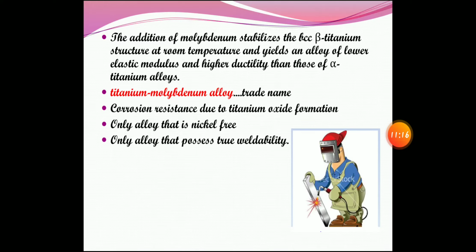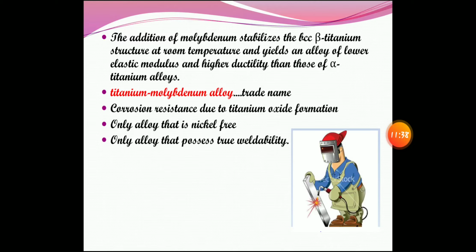So if it has higher ductility, it can be drawn to thin wires. It is used to get the desired tooth movement and applications in dentistry. So that is why this beta titanium is more popular in dentistry, under a commercial name called titanium molybdenum alloy. It's also called a TMA alloy, trade name.